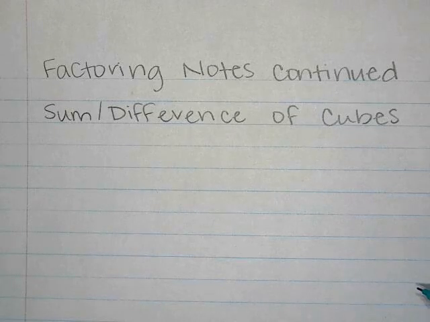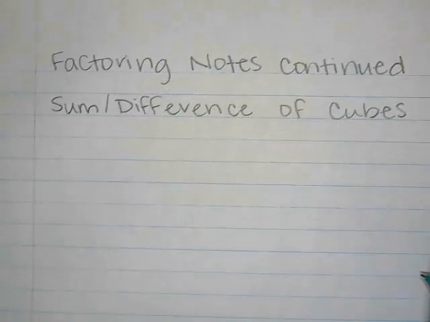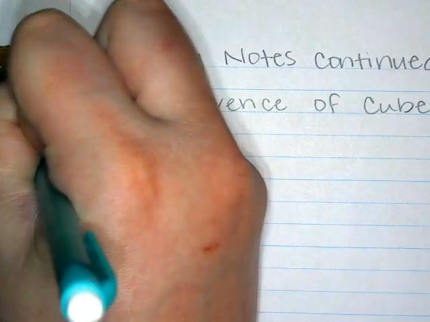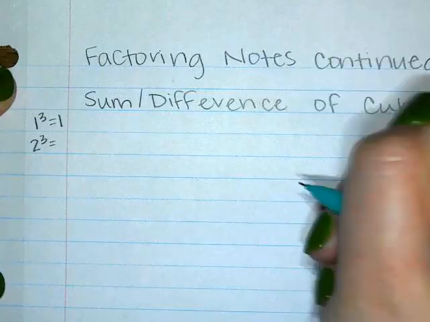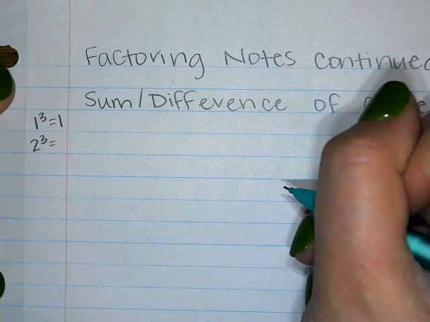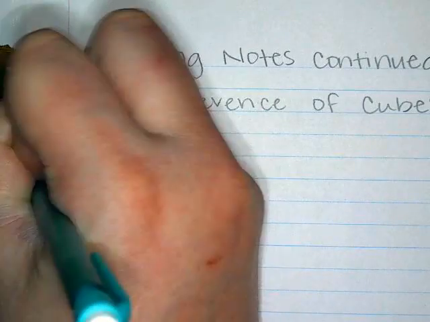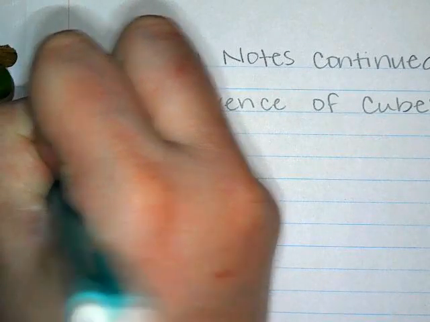So looking at those perfect cube numbers. Before we go more deeply into this, we're going to write down what some of those perfect cube numbers are so that we can recognize them. So I'm just going to write them off to the side. We've got 1 to the third is 1. 2 to the third is, anybody know? 8. 3 to the third is